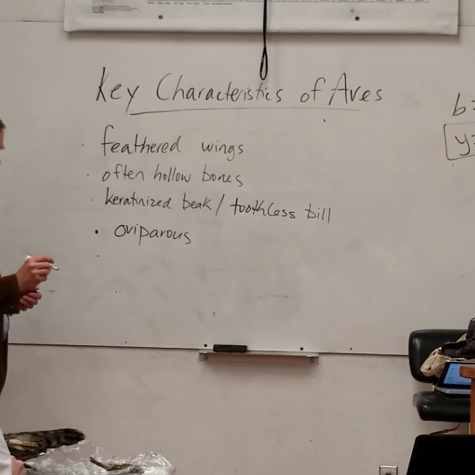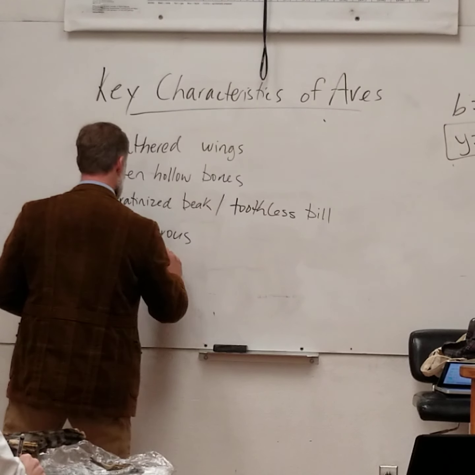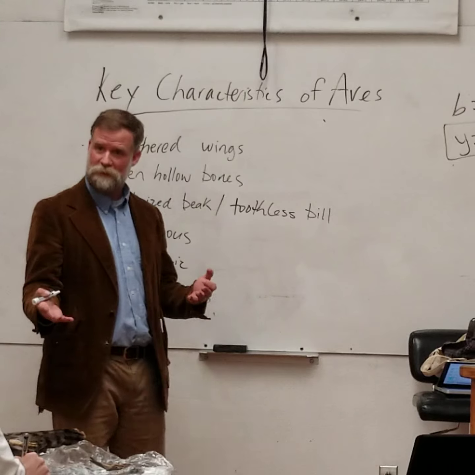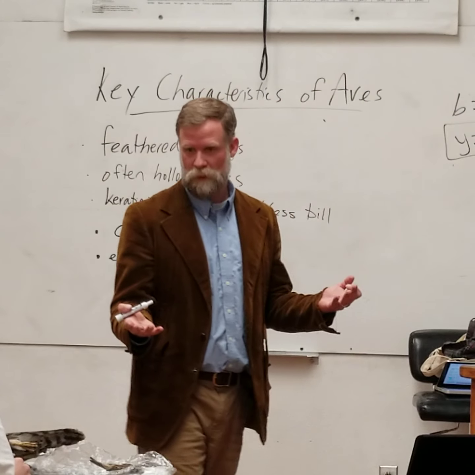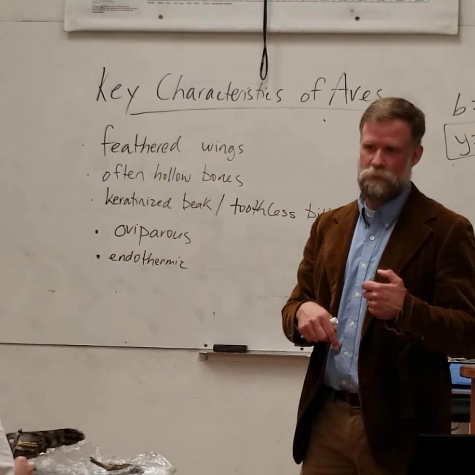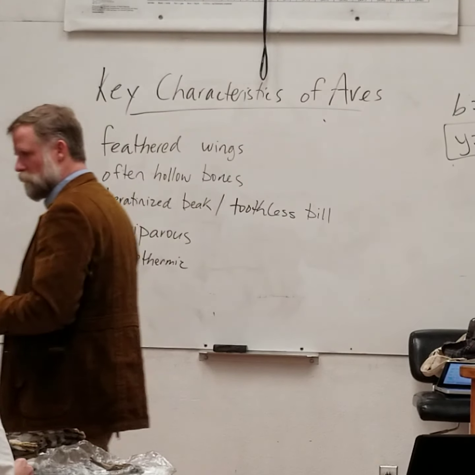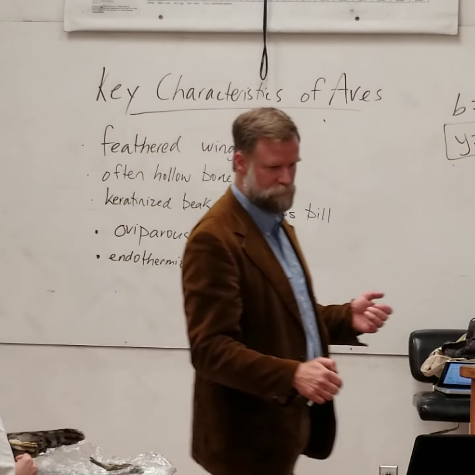Oh, I was going to add another key characteristic. Okay. So what do we call warm-bloodedness? What's the fancy science jargon for that? Endothermic. That's endothermic. That means they produce enough heat during cellular respiration and other processes, they actually can maintain an internal body temperature. Just like mammals, like us. If we get sick, our bodies won't function correctly. These cellular processes won't work if we don't stay right around 98.6. Birds is slightly higher. And so if they get too cold or too warm, that can cause serious distress.